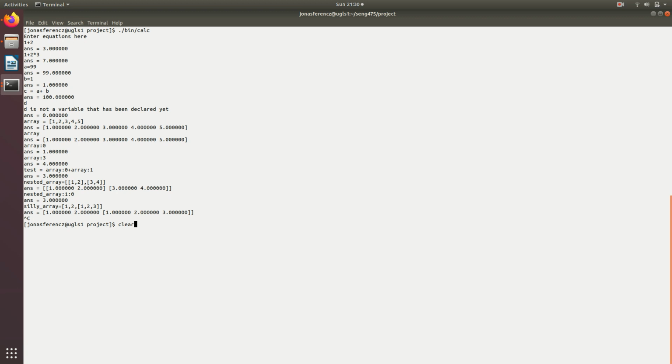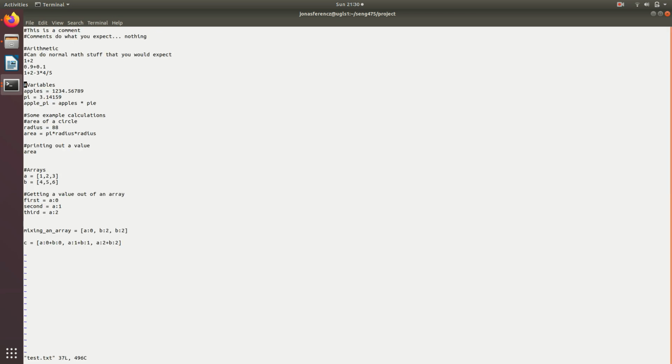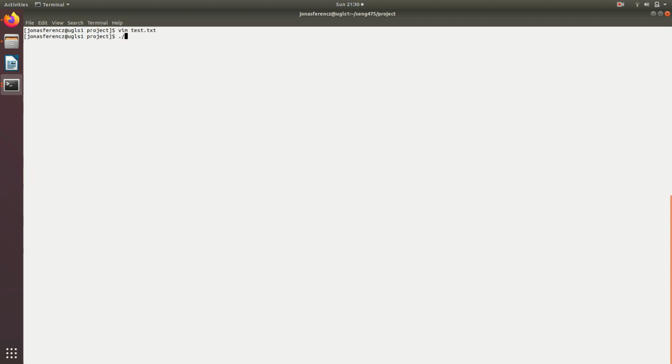So the other thing you can do is run it from a file of equations you've already written. So if we just look at this file here, this is the same syntax as you put in the command line, just from a file. So anything with the pound in front of it is just a comment. It gets ignored. Blank lines don't matter, they're just ignored, and then everything else is just an equation as if you had entered it at the command line. So if you want to run a file like this, you can just say,